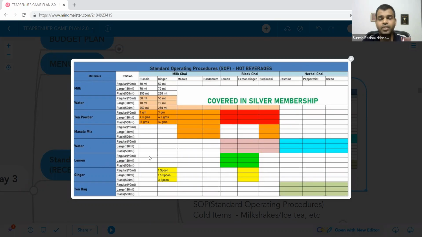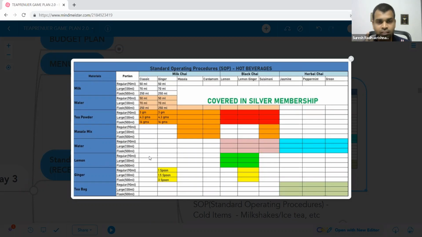Okay, so we have a video SOP process in the advanced level where you can learn it. But right now, if you implement this method, it's a simple method. You pour water first, boil it for a minute, and then you put tea powder, boil it for another minute, 1.5 minutes more, and then pour milk, boil it for 1 more minute. Max preparation time is 3 to 3.5 minutes, and your tea will be ready, right? If you boil the milk before you pour it, that's how you can reduce the preparation time. That's with respect to classic tea, plain tea.